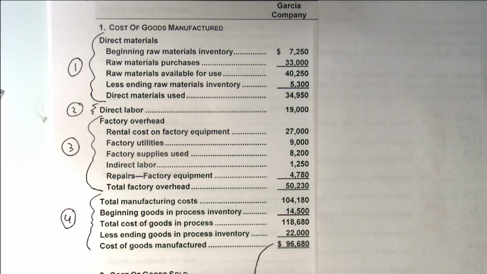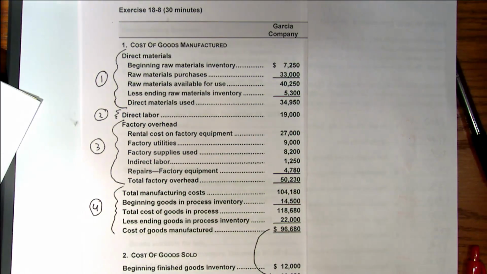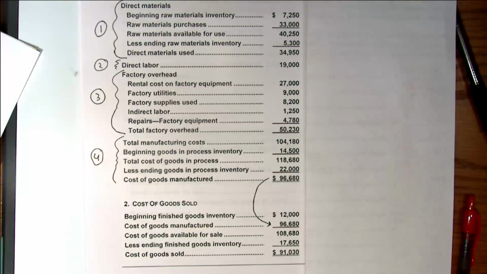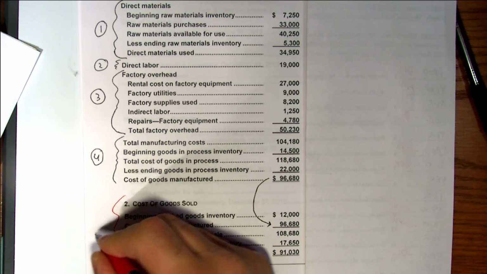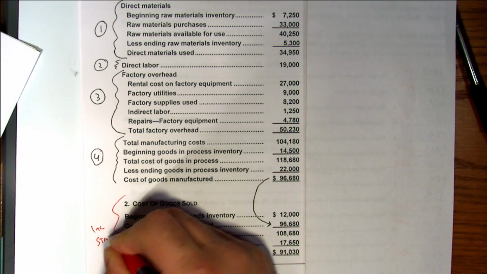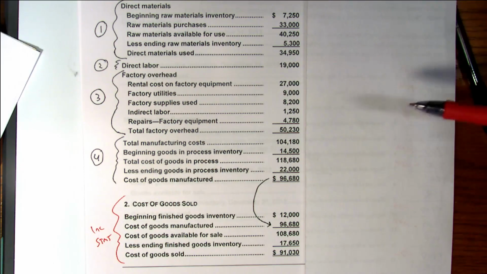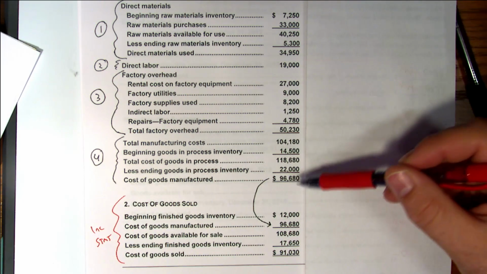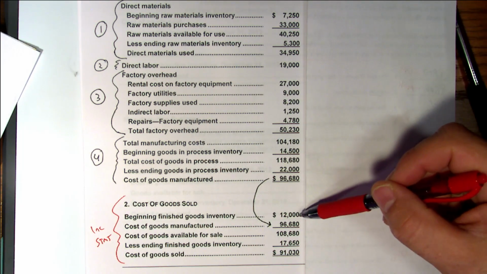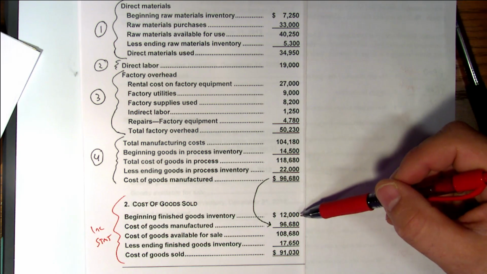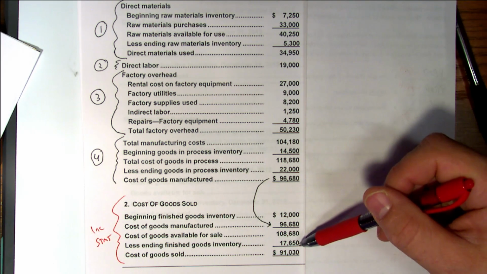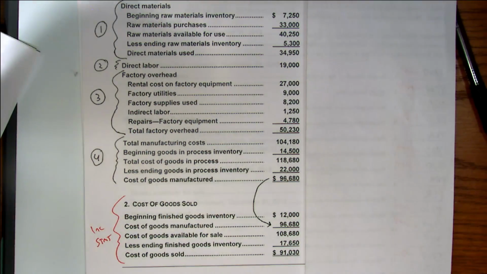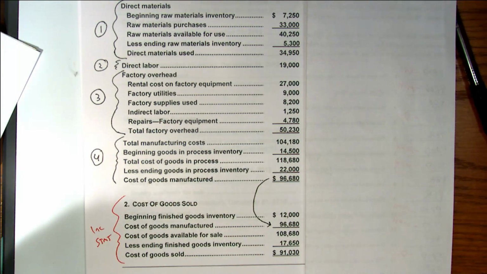This goes back to those slides I was writing on the Elmo and telling you we were going to have a quiz over. Okay? Now, of course, this is not on the manufacturing statement right here. This is on the income statement in the cost of goods sold section. But remember, we take COGM, we add it to the beginning inventory of finished goods to get cost of goods available for sale. Then we subtract out the ending inventory of finished goods, and we get cost of goods sold. Okay? Do you remember that?